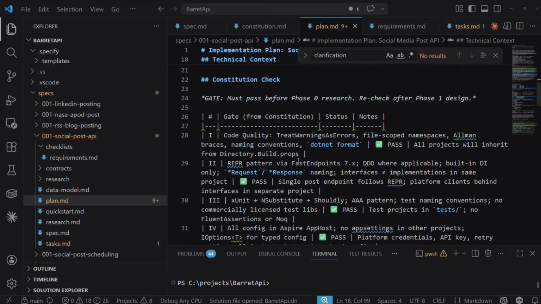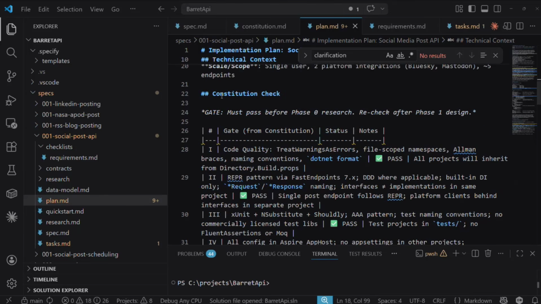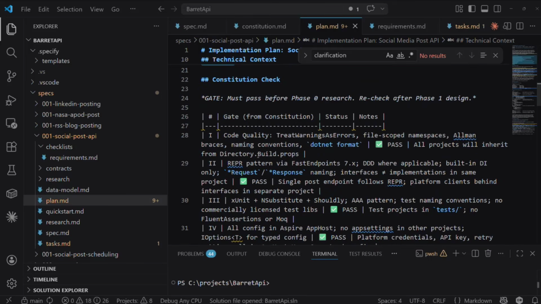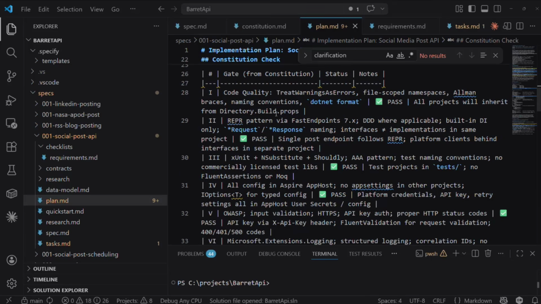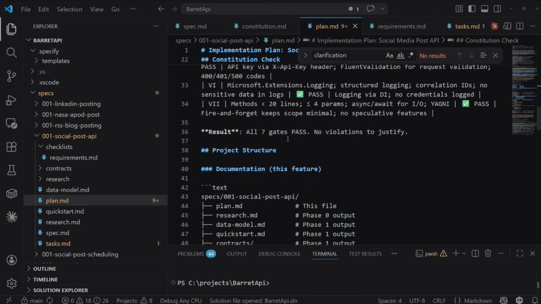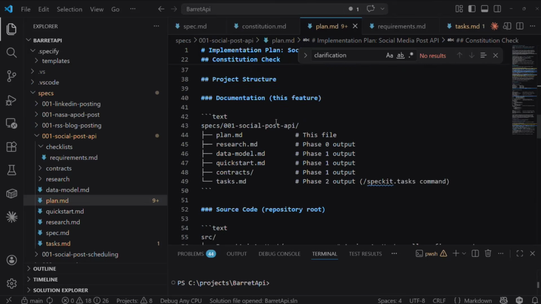So it'll generate a file like this, and it'll have various things, not just what your tech stack should be, but also various things that will be checked. So, the Constitution check. In order to pass this, all the stuff has to be successful through the various testing. It might lay out the project structure if you're in that particular phase.